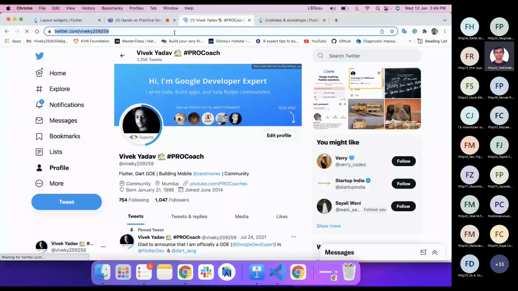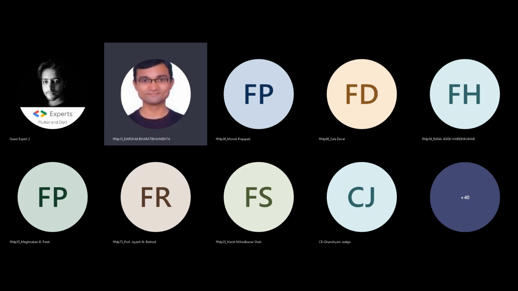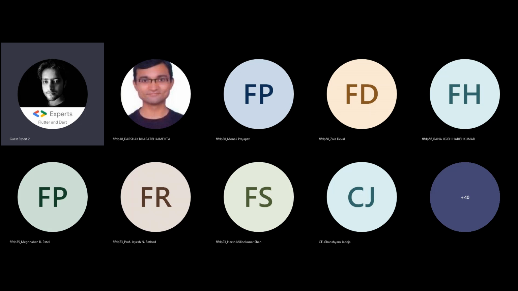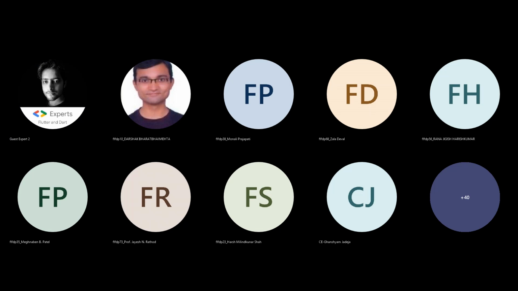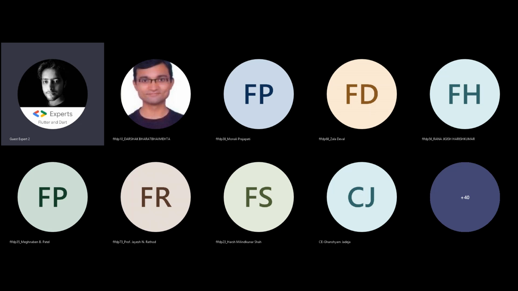I have raised a small question on the chat window, if you can address that. Please share the extensions list for VS Code on Flutter. That might be helpful. It's simple. On VS Code, go to extensions and just search Flutter. You will find two things, Flutter and Dart, which are provided by Google. You can download them.